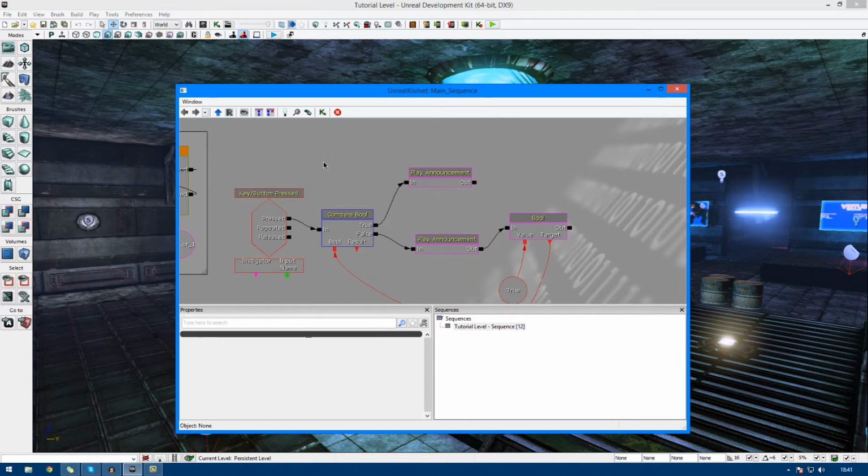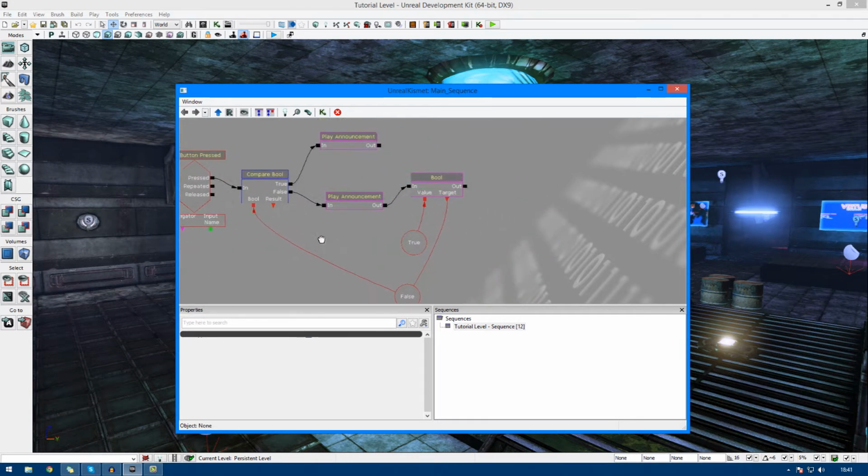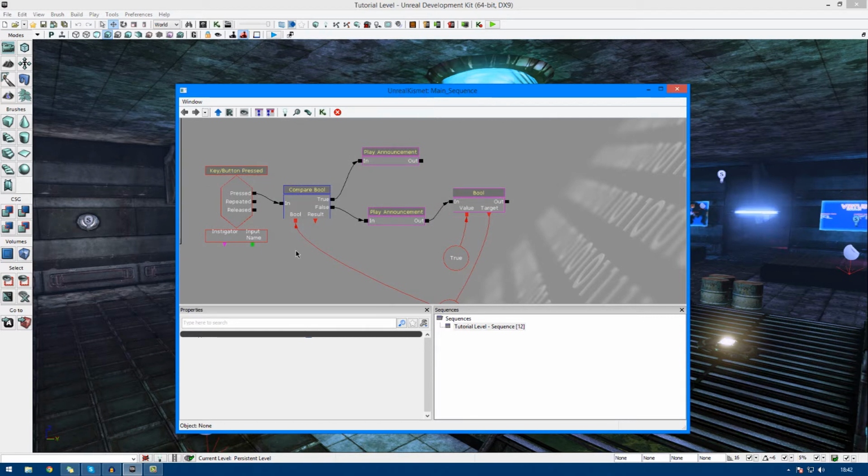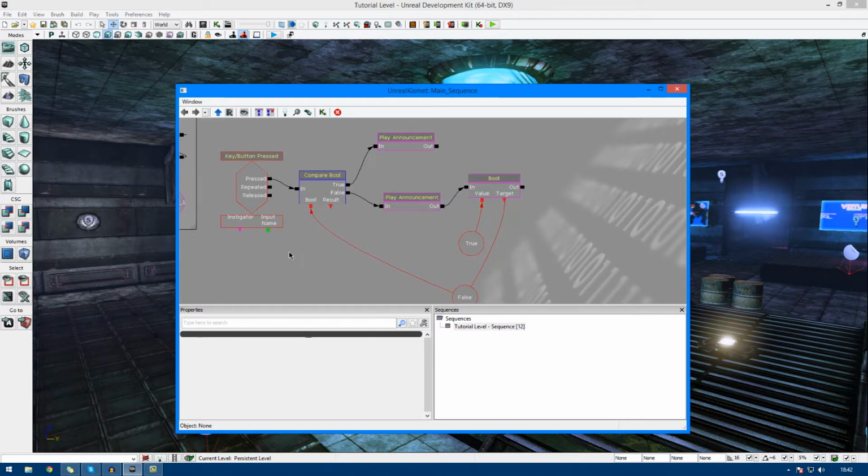However, over here, I've also got something which we're going to be doing in this episode, which essentially just displays text based on whether or not a bool is set to a certain value. Now, I'm going to be going over all of this stuff, as it may look a little complicated, especially for those of you that haven't done any programming in the past. Having said that, those of you that have done programming in the past, you're going to find this really easy,